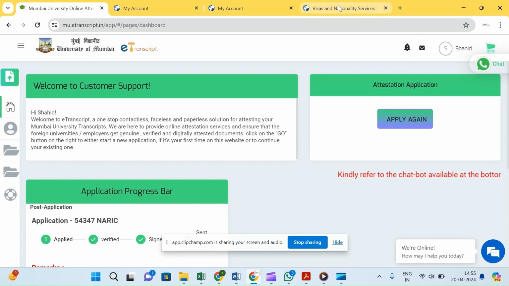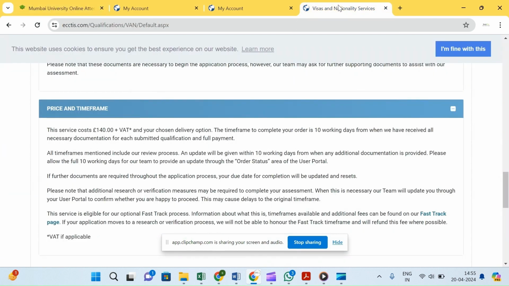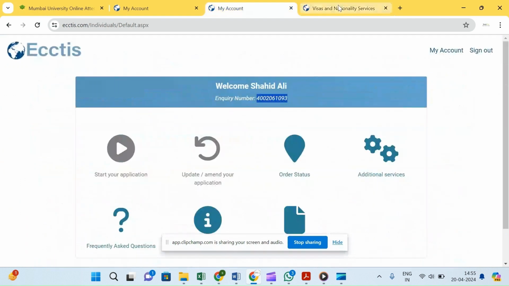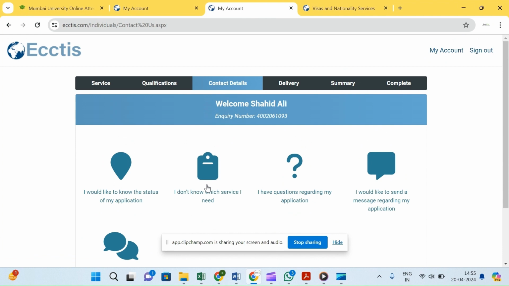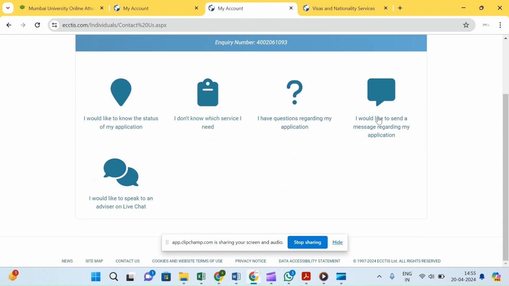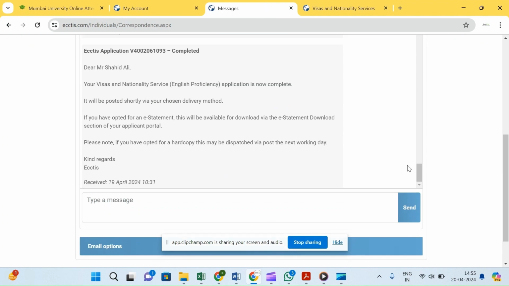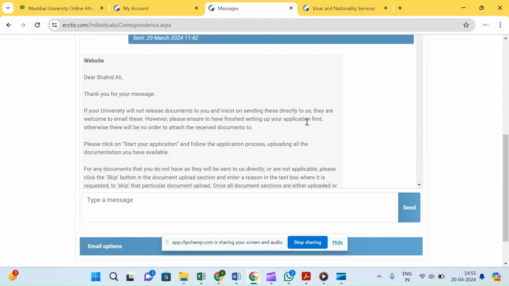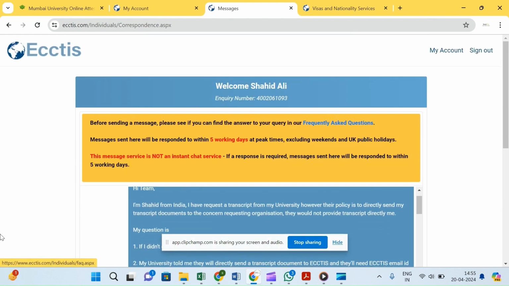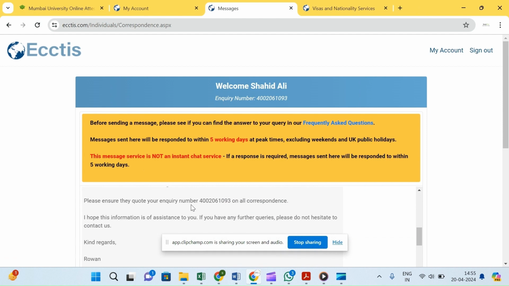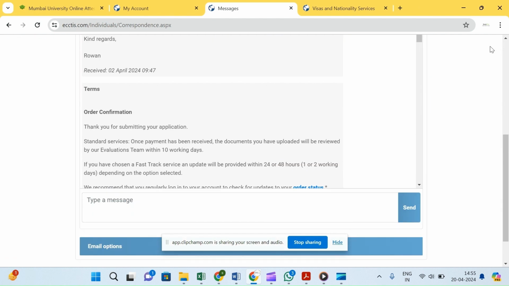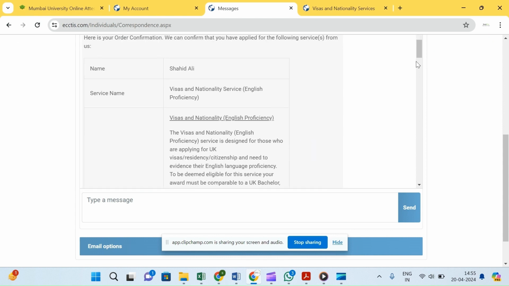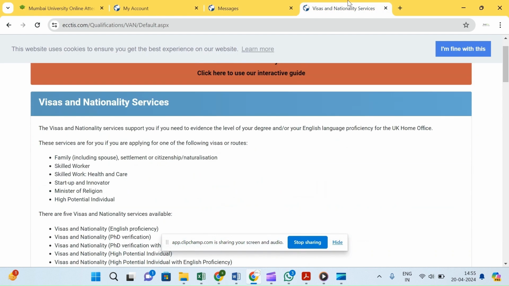So once they send the document, once you have made the application, you have to go to the website, make the contact, start a chat, and write a message to them, like, I am in India, I request you to... In the chat they have already mentioned that once they receive the document, they will upload it on the website, in our login.